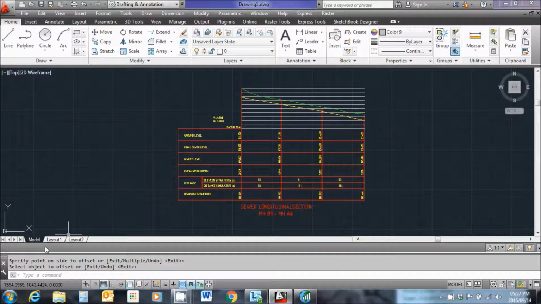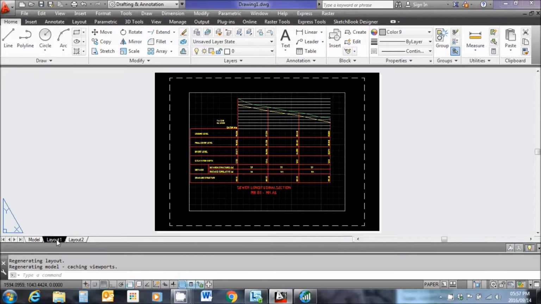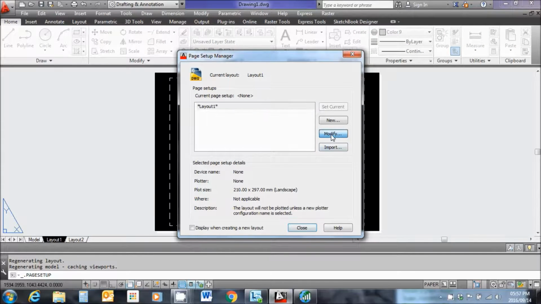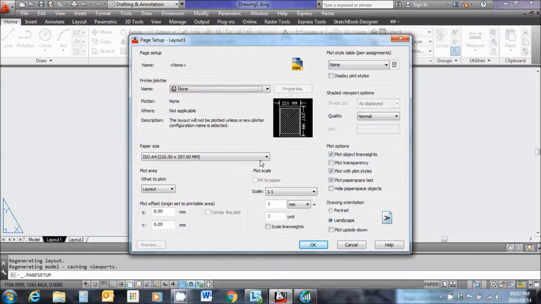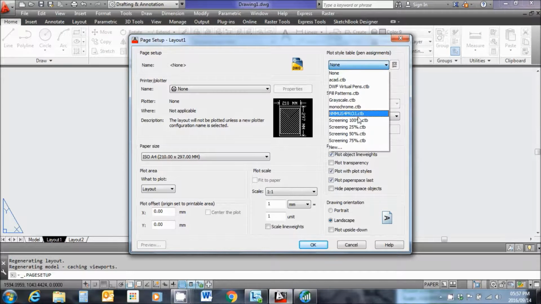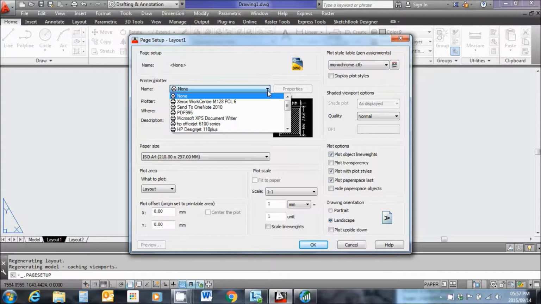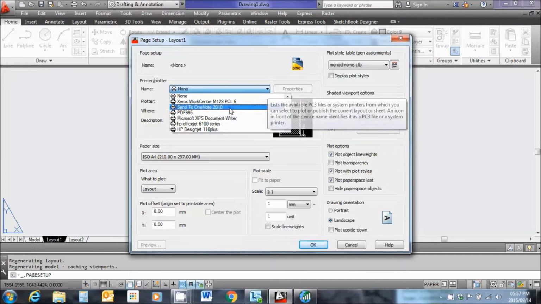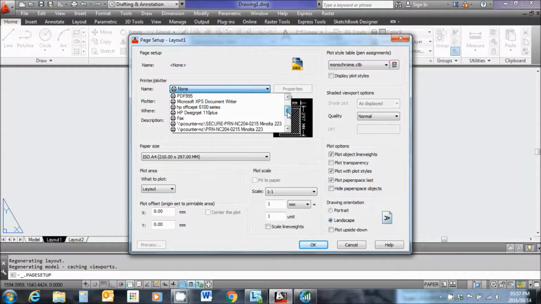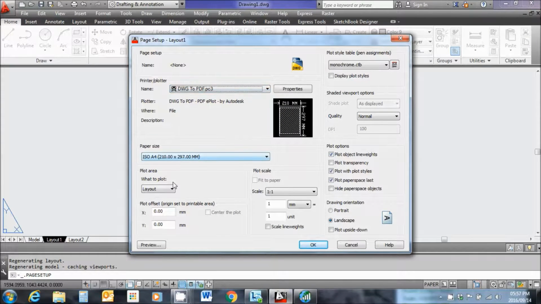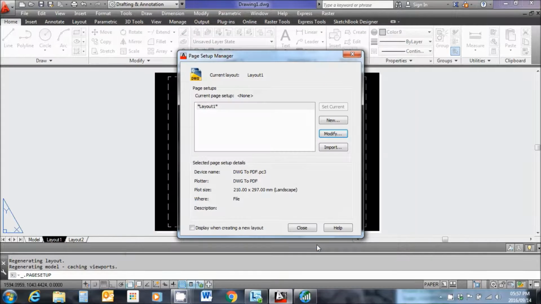So create my layout. Let's do that. So layout, page setup manager. Modify. We're going to try for an ISO A4 page now, see if it fits on. I may in the test environment specify an A2 page or something just to make sure we can fit it on. Drawing to PDF. ISO A4 layout, that's all correct. Let's say, oh no, we want to change this to default NMMS for project. Okay,